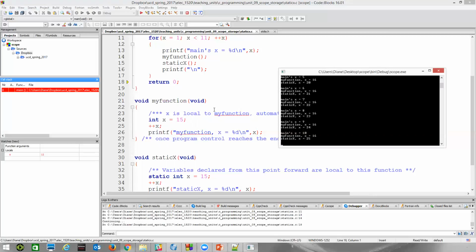So one thing I can think of, if for some reason you wanted to count how many times that function was called, you could put a counter in there that would keep track of how many times you went into that function. We don't use static variables too often. So don't be surprised if you're not using them in your homework, but this is a topic that you should be aware of. At some point, if you need a variable and it needs to retain its value when you start working with multiple files, then you may need to return to this more advanced concept.